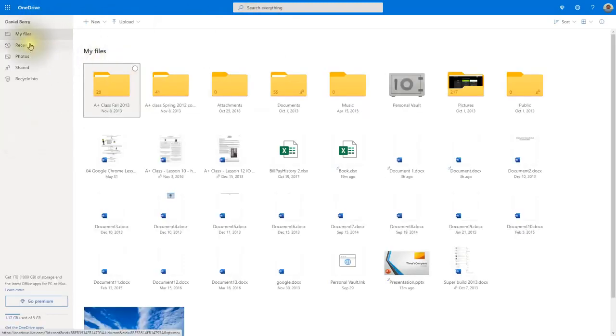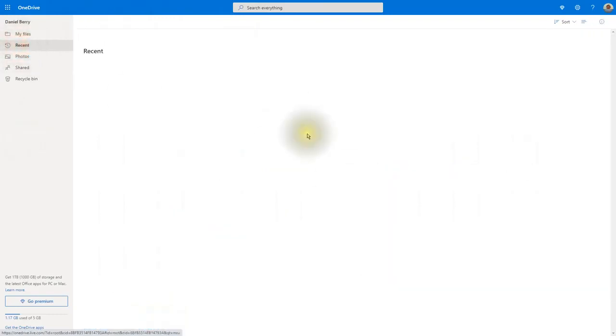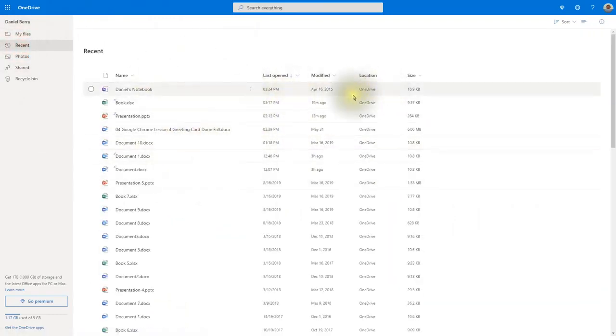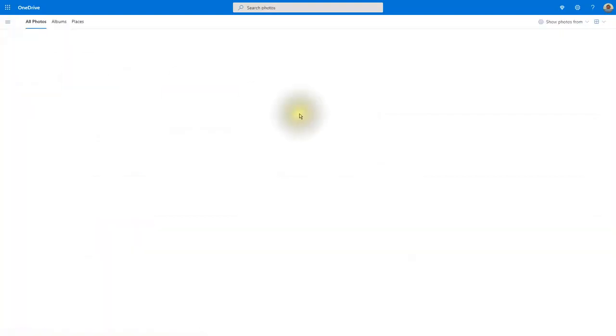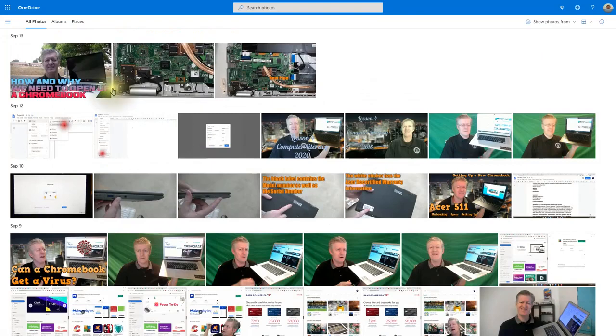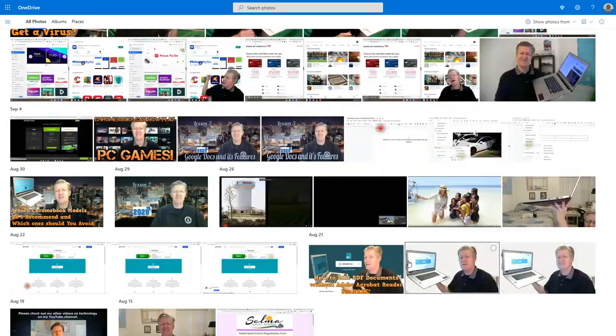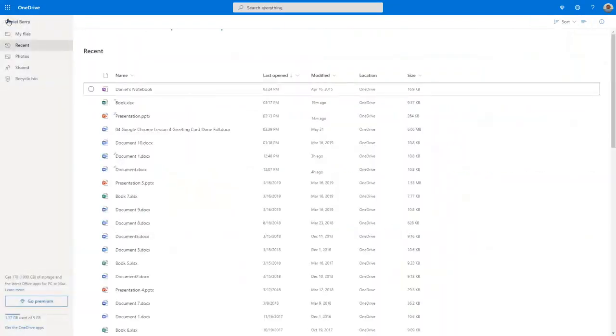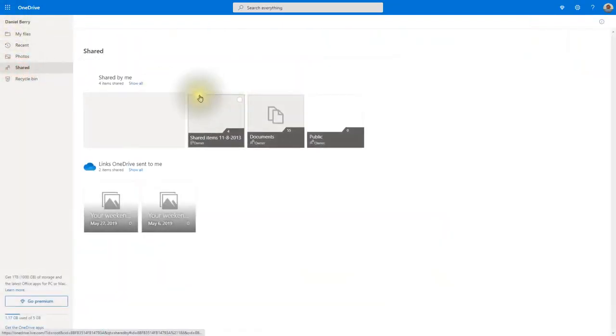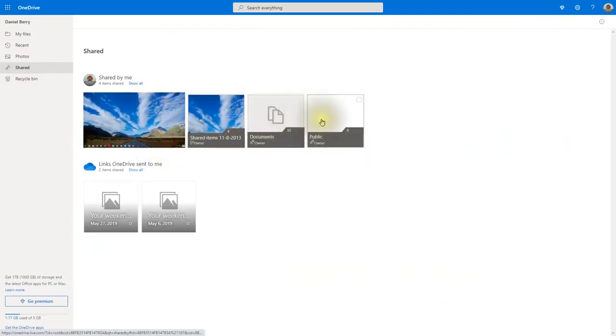Alright, let's go back to my files there. Right here, if I click on recent, this now lists all my documents, and the ones up on top of the ones I worked with most recently, and the older ones are further down the list. If I click on photos, now it comes up to all my photos, and the ones I worked with most recently come up at the top. You see here some of my work with my green screen is there. All my work is there. Going back to shared, if I've shared anything, it comes up here. So here I'm sharing different items with different people. And then if you've deleted anything, it'll always land in the recycle bin.